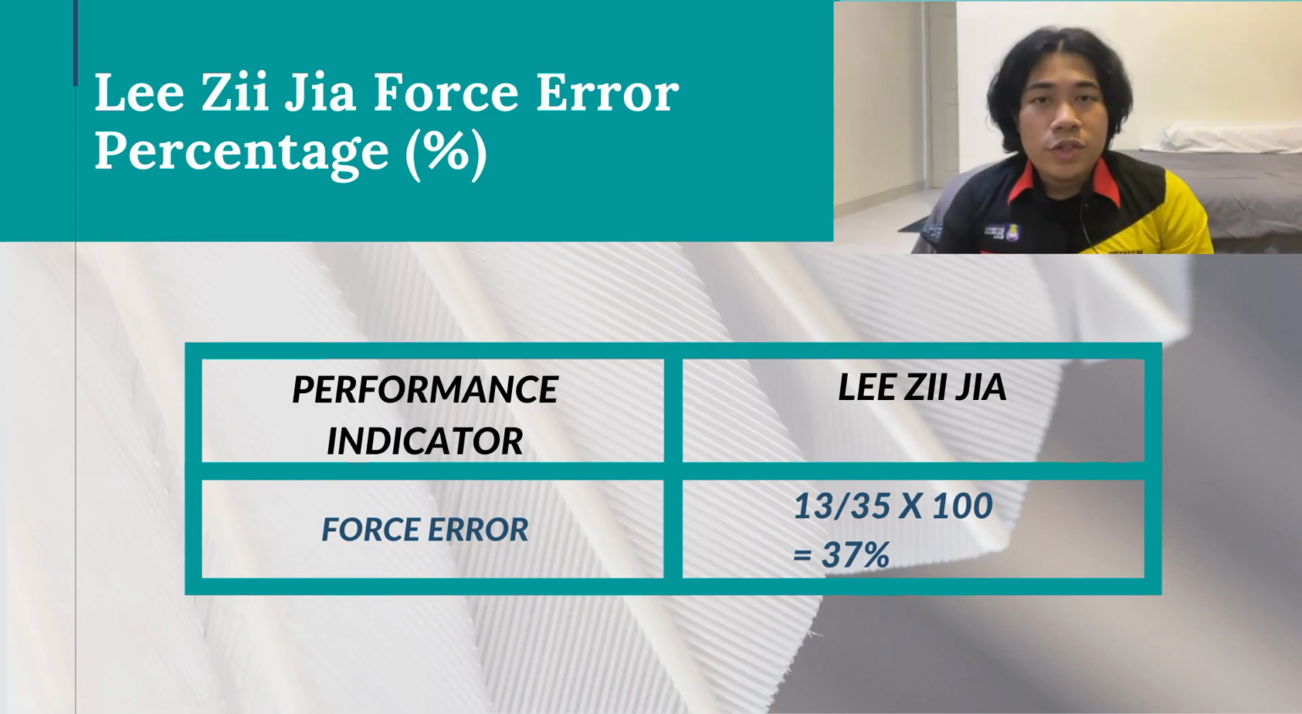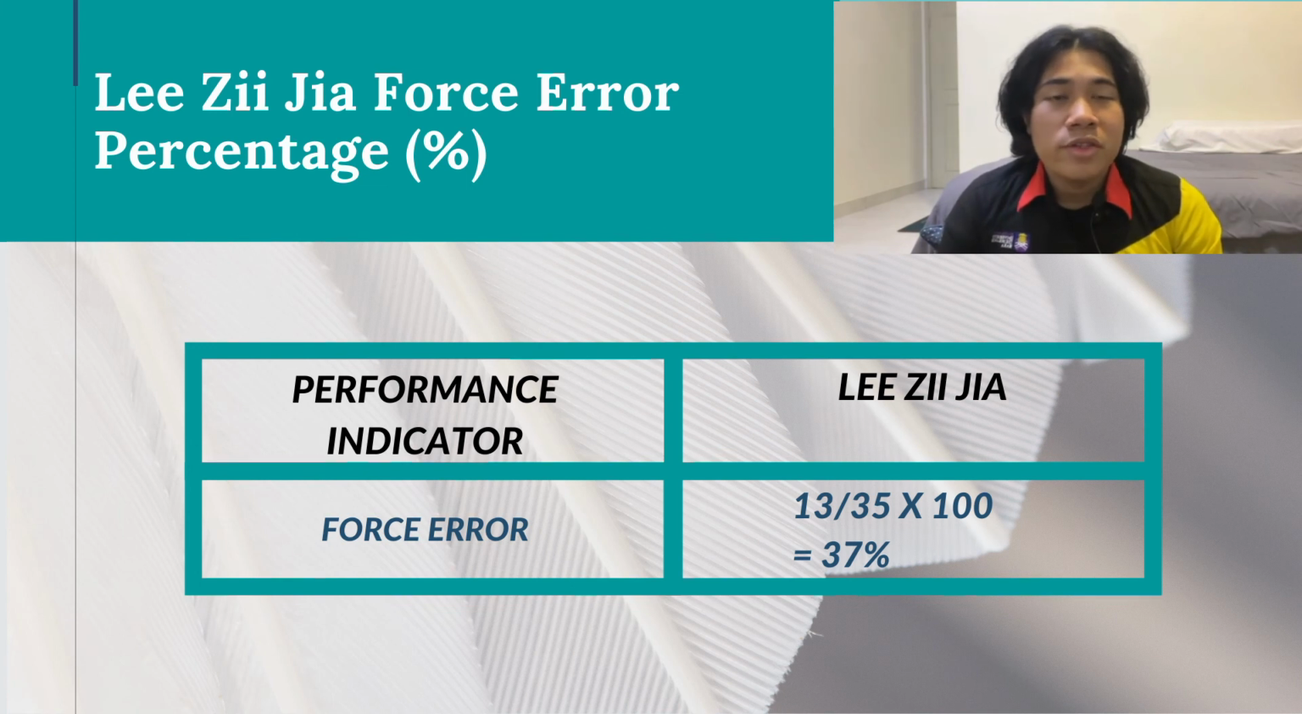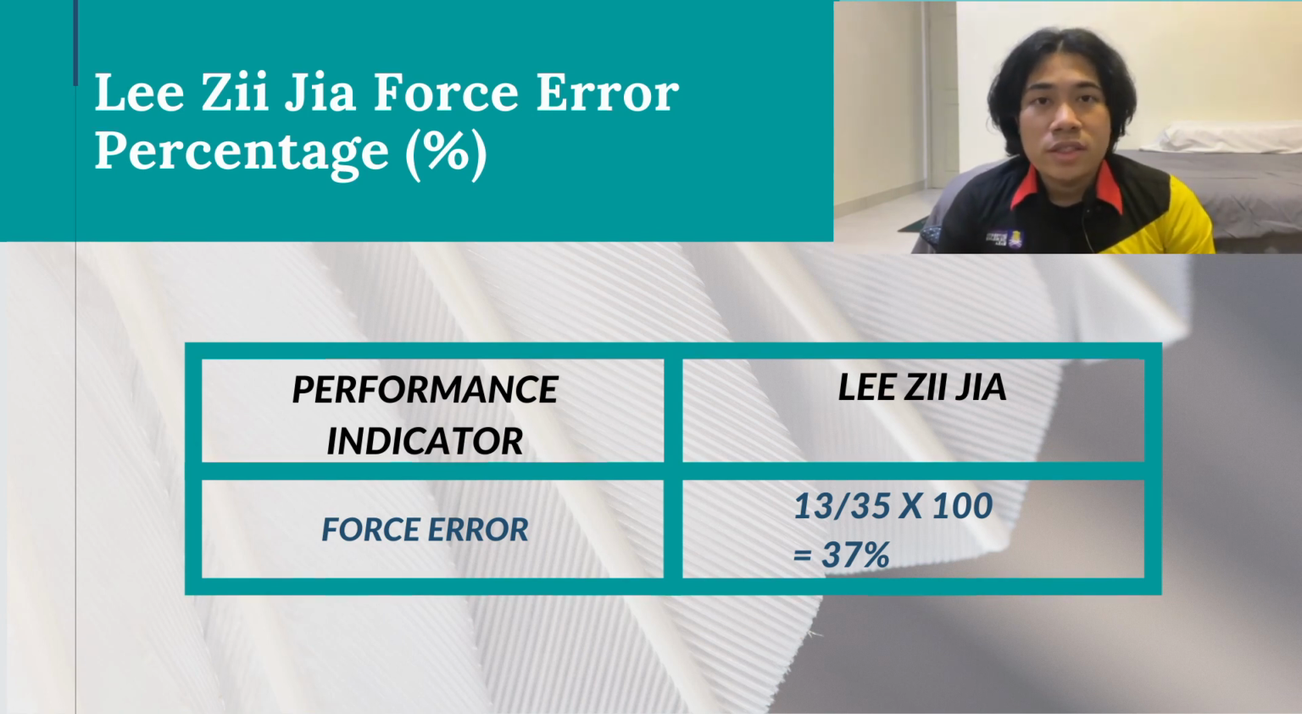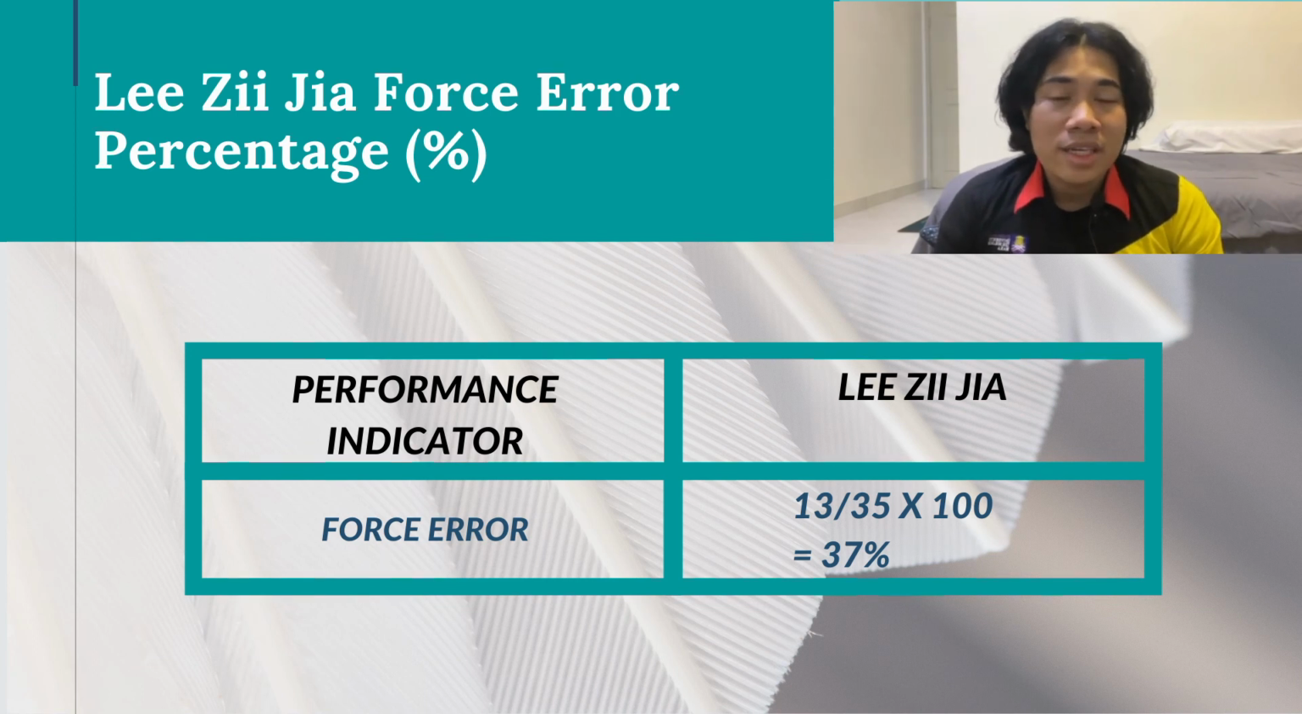Next one, we will continue to the percentage of forced error in the performance indicator for Lizizia. The forced errors that he made in this game are 13 out of 35 errors that he made, which is 37%. Okay, and how we get the percentage is by dividing 13 over 35, where 35 is the total errors that Lizzie had made. 13 divided by 35 times 100, and that is how we get the percentage of the total forced errors